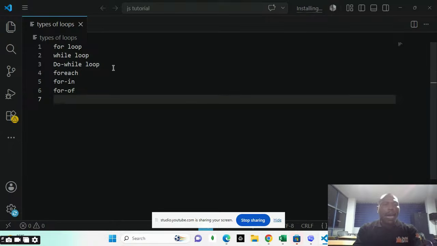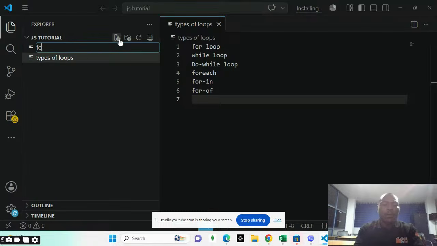And as time goes by, you can also do other things around loops, which is something called a nested loop, where you have a loop inside another loop. So what I will do is take each of them and look at their use cases. Like I've said, loops are used to execute a block of code that has to be repeated until a condition is met. So create a new file and call it for loops